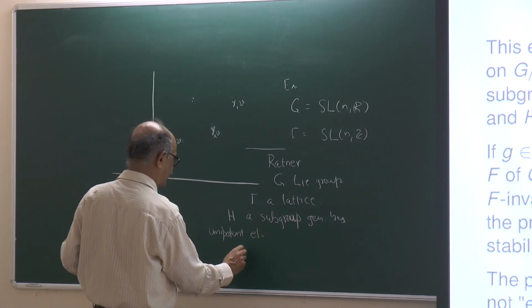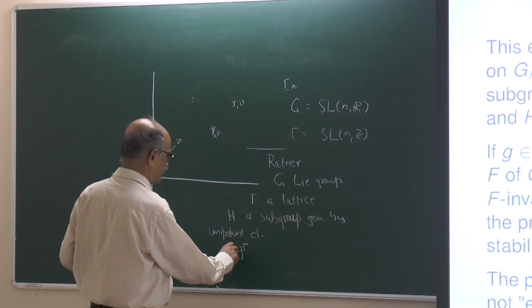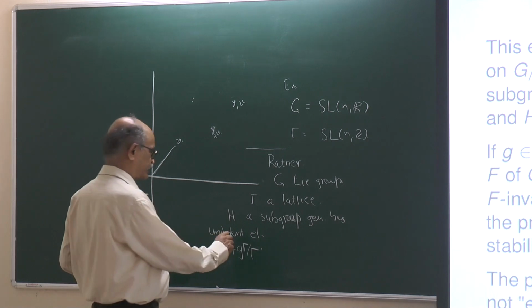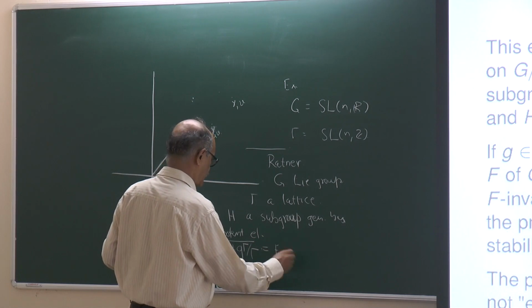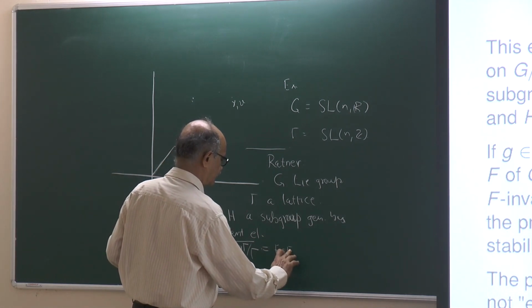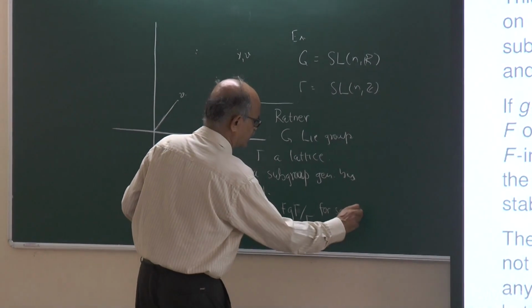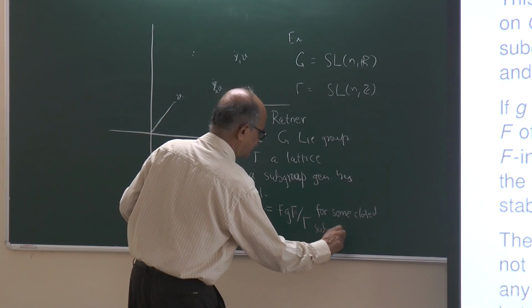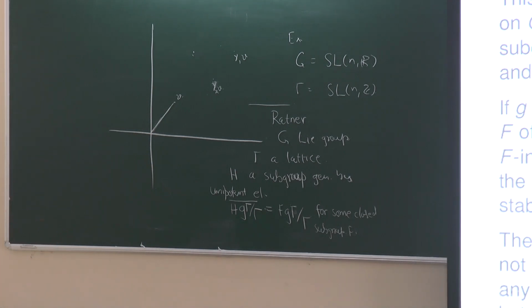then the assertion is that if you take a point G mod Gamma, look at its orbit, let's write these as cosets, look at its orbit and take its closure, then this closure is always of the form F G Gamma mod Gamma for some closed subgroup F. And in particular, if you happen to know that there is no such subgroup other than the whole of G,